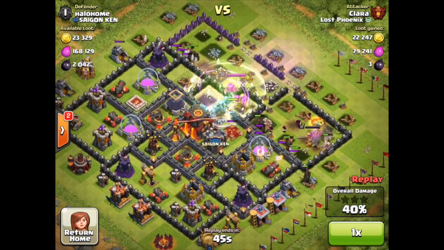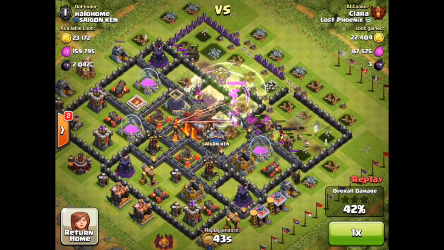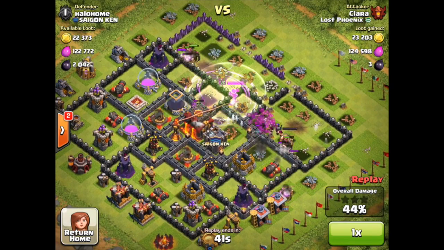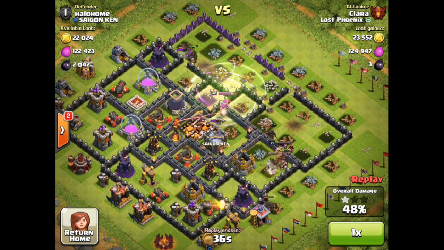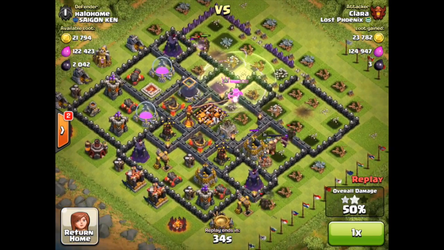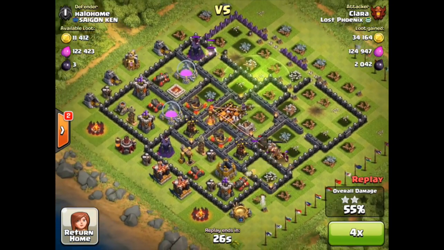And she's got a rage spell there, so the queen is getting pretty close. And notice how the queen doesn't even have to get over that last wall to take down the town hall. There it goes, town hall down, 1 star. The king and the supporting Pekkas do their job around the outsides, getting the 2nd star, and Clara has the